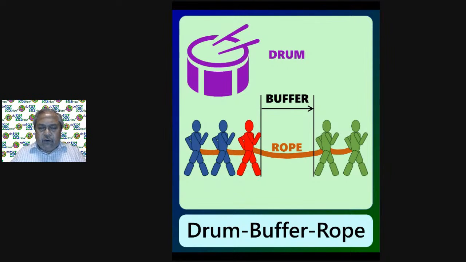And when we are trying to work within the organization to get the maximum benefit from the constraint, one of the fundamental principles is implemented as a system so that one could manage that show without any problem. And that system is called the drum, buffer, rope method. Drum is the one which gives the beat, like you see on the screen here. It's something which is giving a rhythm, that is the drum.